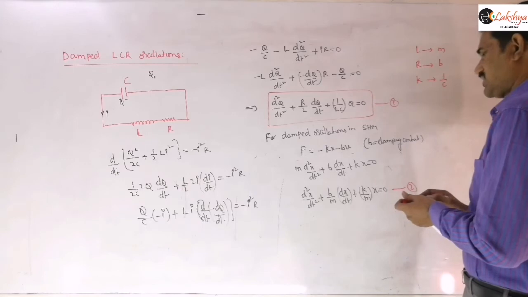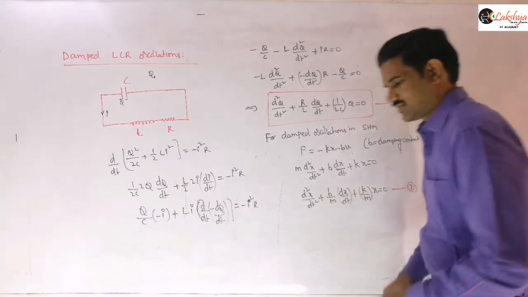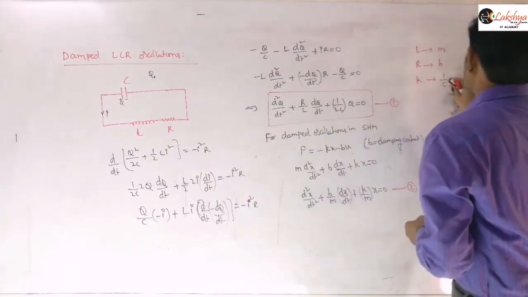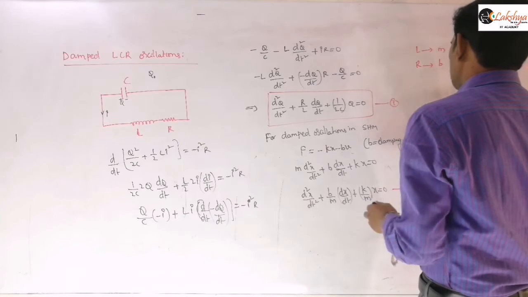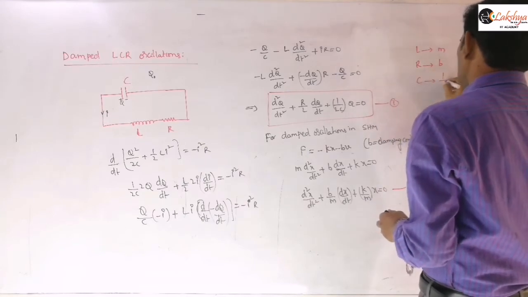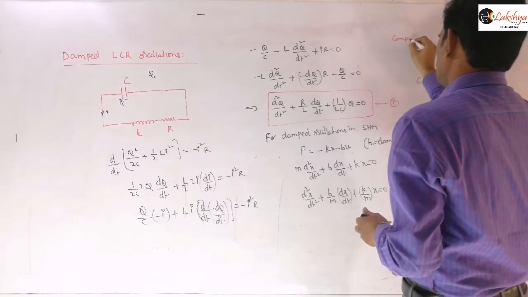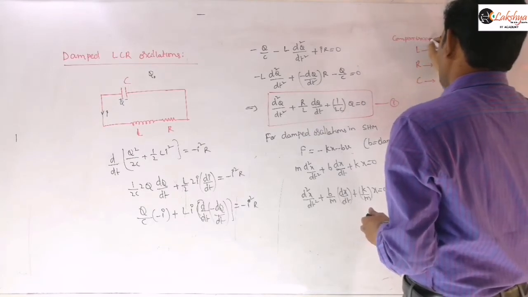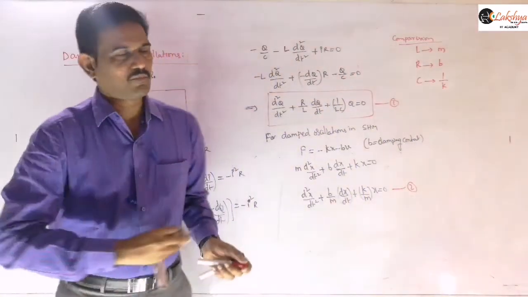Right? So here K is there, so instead of this K, this 1 by C is there. Or you can write this as C is 1 by K, where K is that spring constant. So this is a comparison. This is a previous direct mains question. They asked that comparison there.